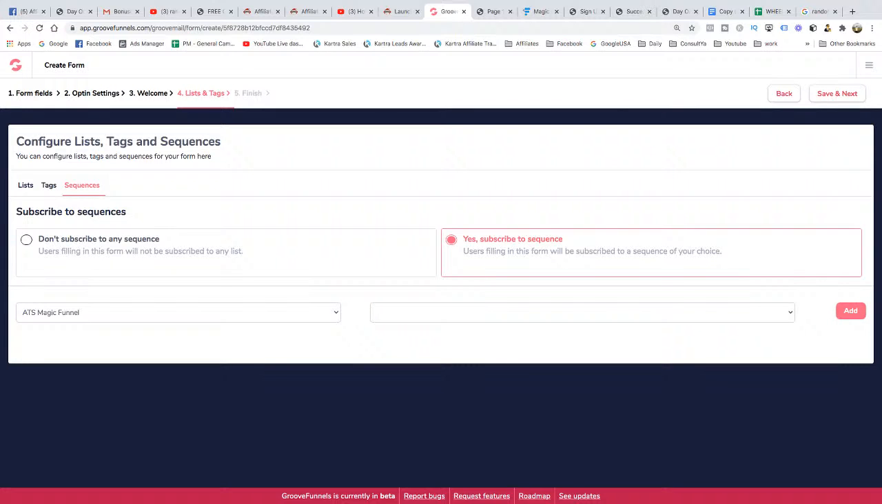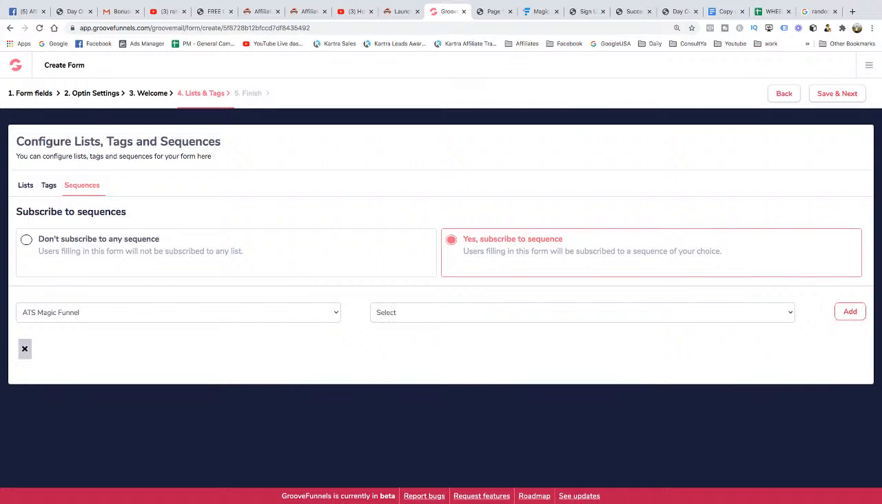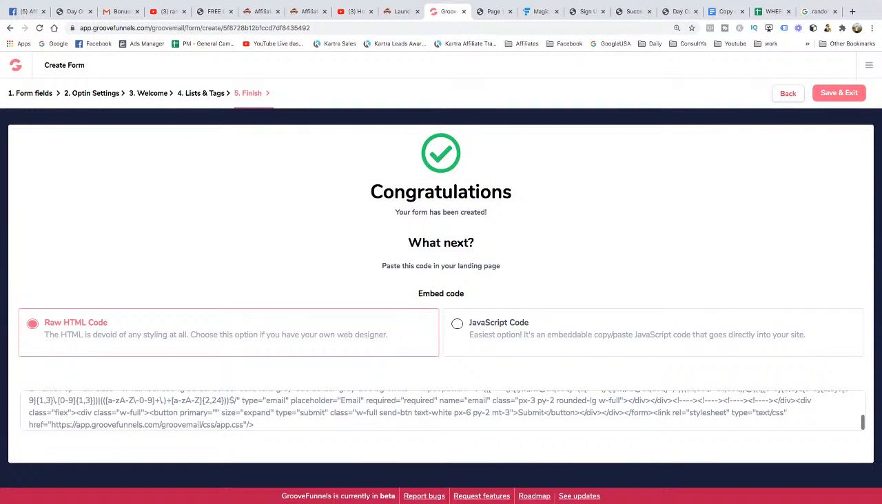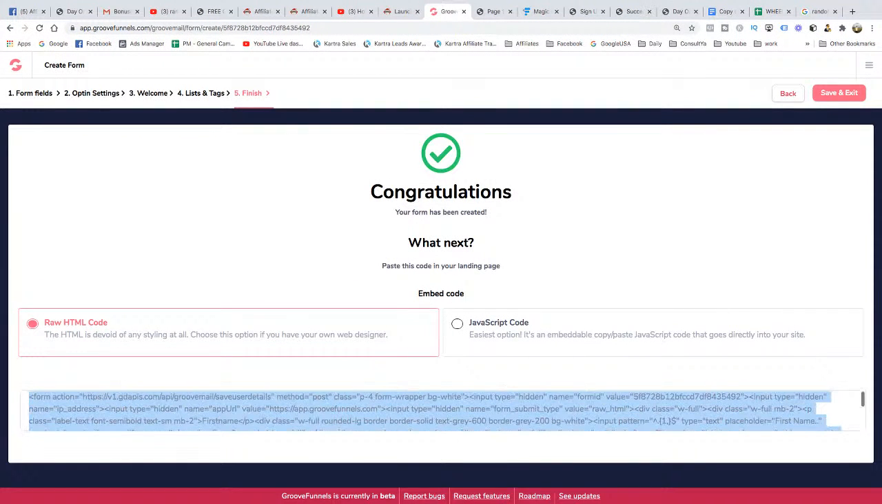So if it doesn't, just select something down here and it will tick it. And then it works. And I don't know why it does it like that, but that's fine. Okay, and then we do save and next. Okay, and then this is the code. This is the actual code for the form. Okay, so I'm going to copy this